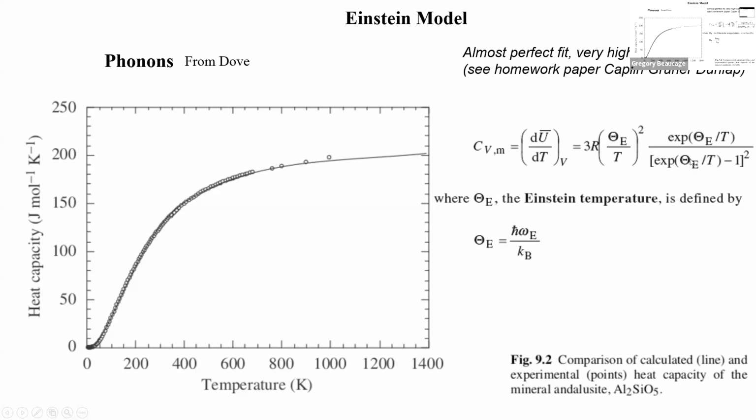I'm not sure how that exactly works out, but I guess so when the temperature is low, this term gets large, then you can forget about the 1, and you get 1 over, so this cancels with the squared. So you have 1 over, so e to the minus theta E over T. And I guess that's a stronger dependence than this power-law dependence at low temperature. So it ends up just being an exponential decay at low temperature for the Einstein,